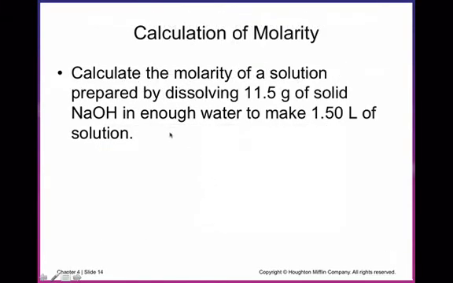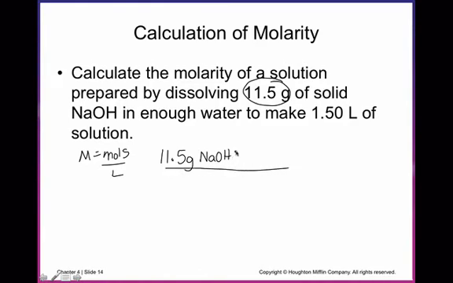So if we want to calculate the molarity of a solution prepared by dissolving 11.5 grams of solid sodium hydroxide in enough water to make 1.5 liters of solution, what I'm trying to find then is molarity is equal to moles per liter. So I'm given the liters, I'm good there. The only thing I need to do is take this and find moles. So I'm just going to do really basic stoichiometry. I have my 11.5 grams of sodium hydroxide. If I add up an Na, an O, and an H, I'm going to see that I get 40 grams. And that is 1 mole. So if I take those 11.5 and divide by 40, you're going to get